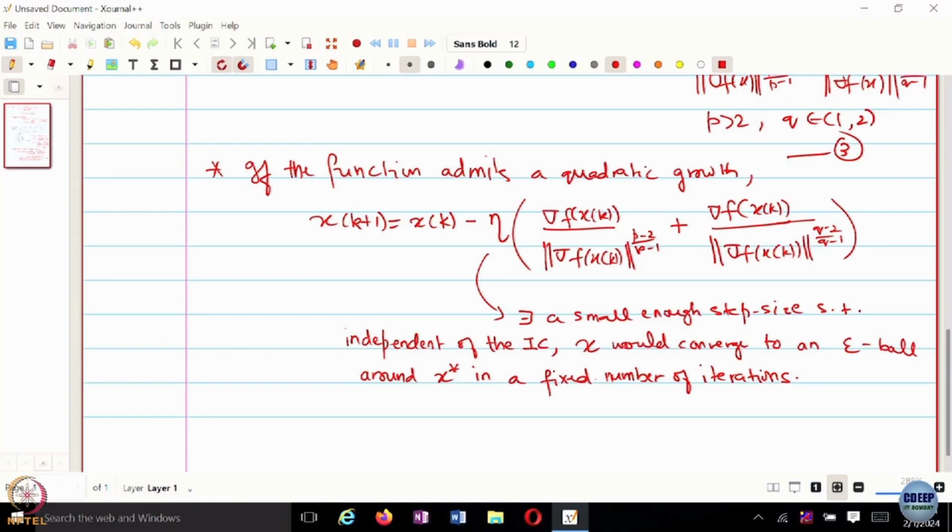So there exists a small enough step size such that even the discretized version of the fixed time stable gradient flow, because in discrete time you cannot talk about exact convergence to the optimal solution, right, and you can talk about that in continuous time, but in discrete time, as a result of discretization, you may just slightly overshoot your x star or undershoot your x star and so on, right. So if you fix an epsilon ball around your x star, you would converge to that epsilon ball